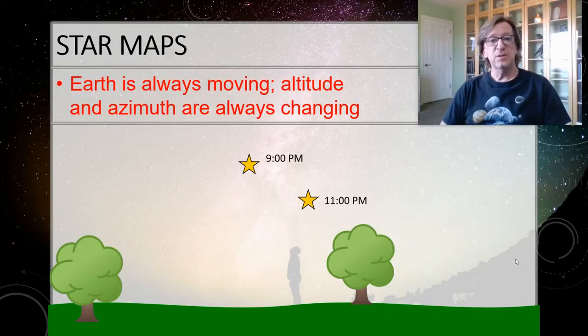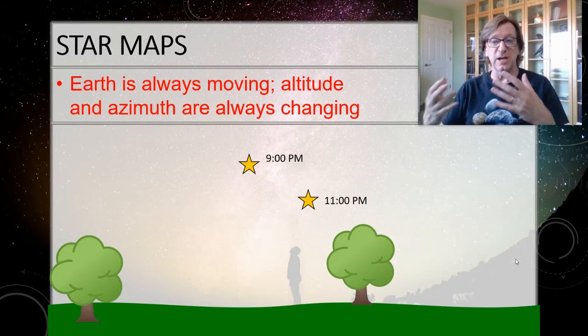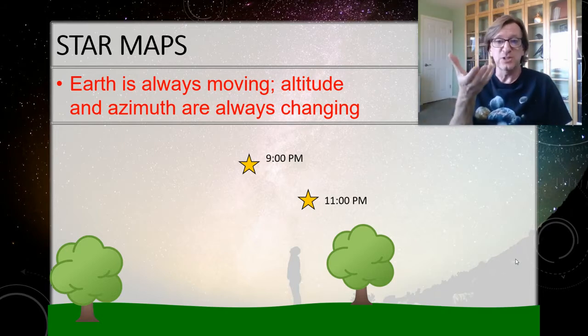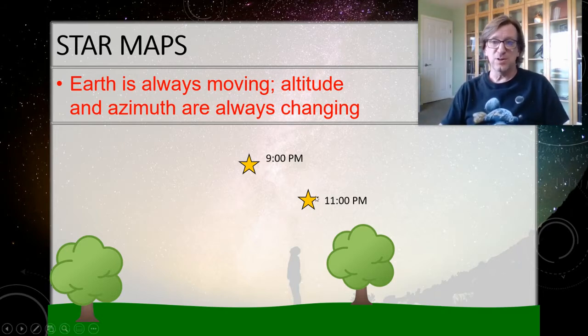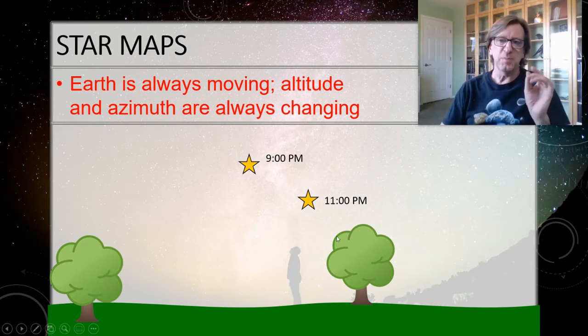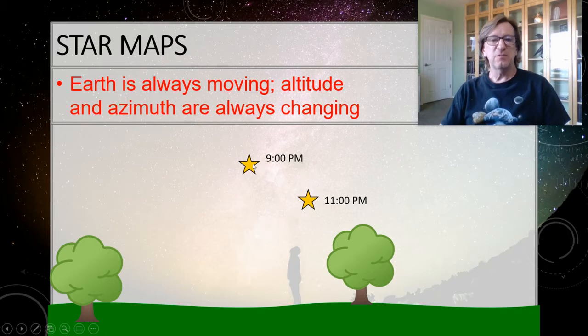Okay, guys. So, last time we talked about what was causing the altitude and azimuth to change over time. And obviously it's because of Earth's rotation. So, these stars aren't actually moving. Okay, they are moving, but not by enough that you could see over the course of a night. Here I've got a star that reached its maximum at 9 p.m. And then a few hours later, it started setting.